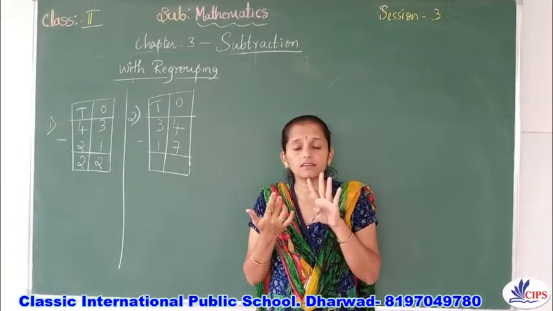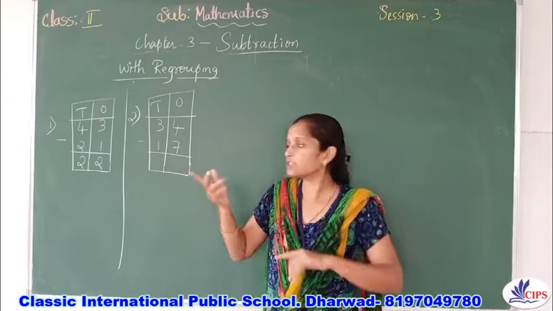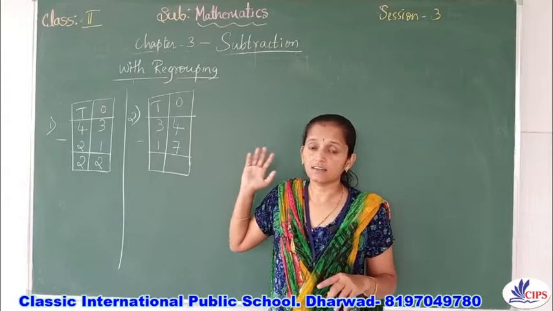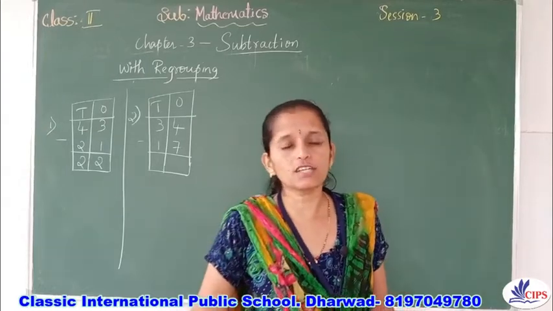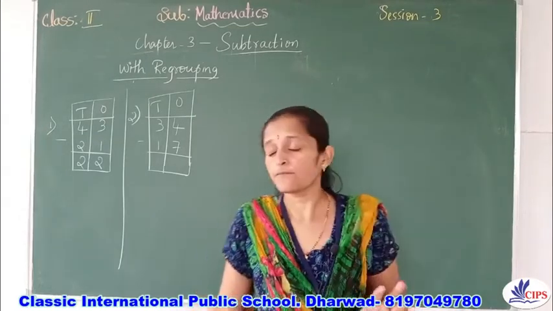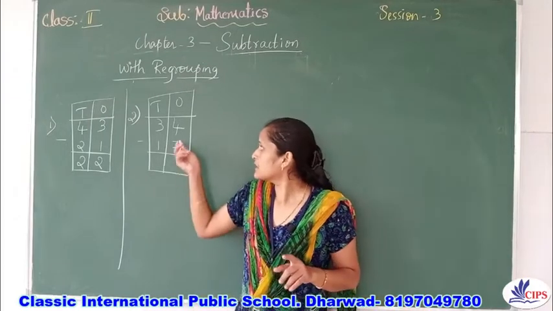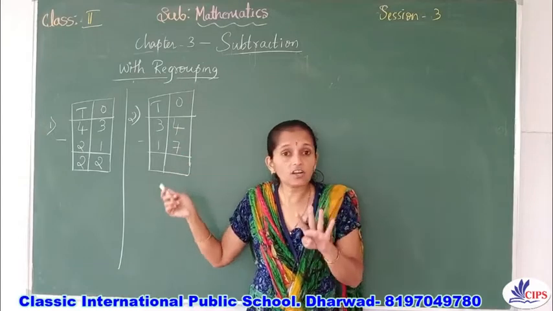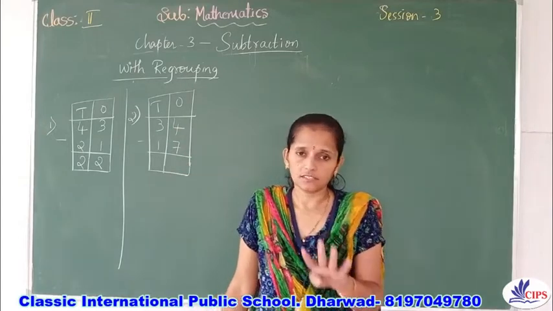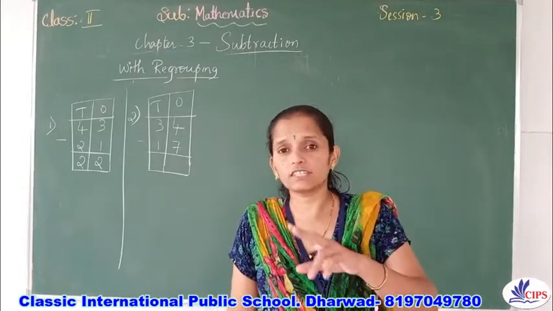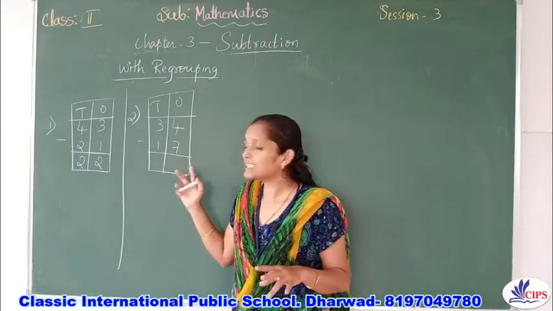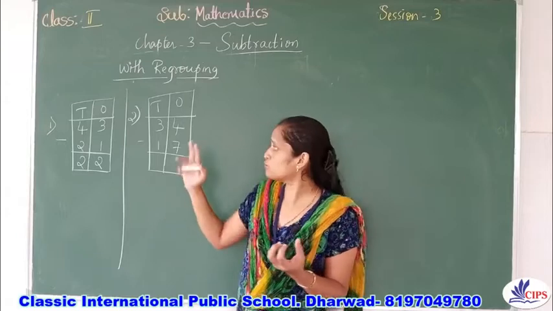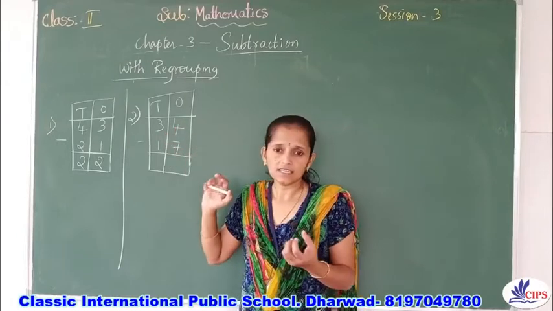It's not possible. Shall we do it the reverse way, 7 minus 4? No. Some children do that because if they don't know, they'll do it the wrong way around. It's not correct. 4 minus 7 is not at all possible, so you don't do it the reverse way. In this case we need to take help from somebody. We want some help to do 4 minus 7.